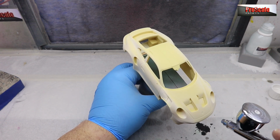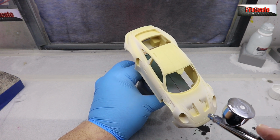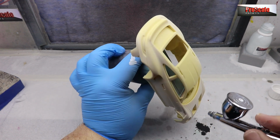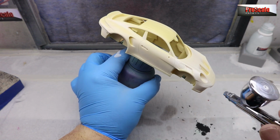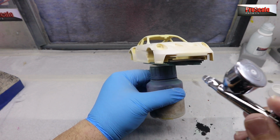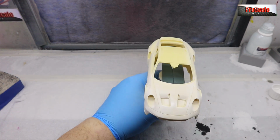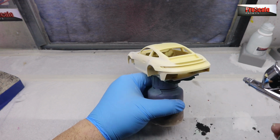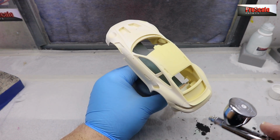So just take your time, work your way around. What I tend to aim for is getting in all the nooks and crannies. Rather than trying to get a hosed coat of paint down, I'm concentrating on getting all those vents, lights, grills, everywhere. The coats will build up naturally as we go around the model, and I'll probably put on 3 to 4, even maybe 5 coats of primer sometimes. Our primer covers really well. It's a microfiller primer as well,